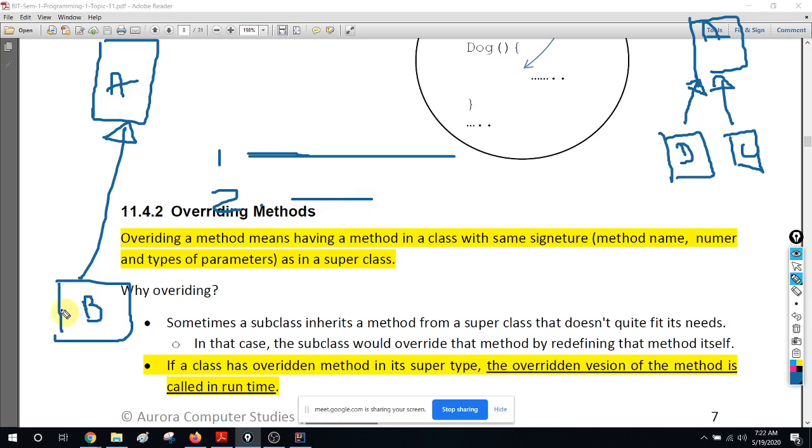So same thing, your subclass can have its own attributes and behaviors. Other than those inherited, your subclass can have its own attributes and behaviors. Okay. So the third one,